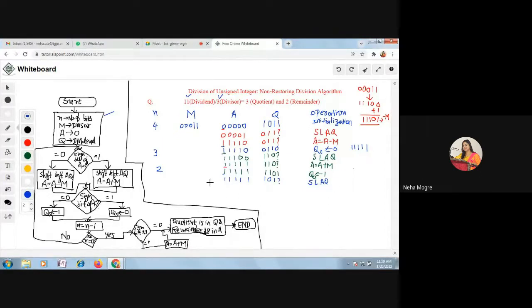Q0 is... Did something go wrong here? A equals A plus M. Check the sign bit of A. Sign bit of A is